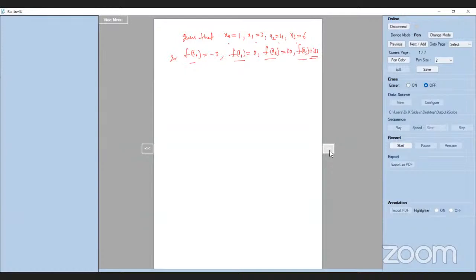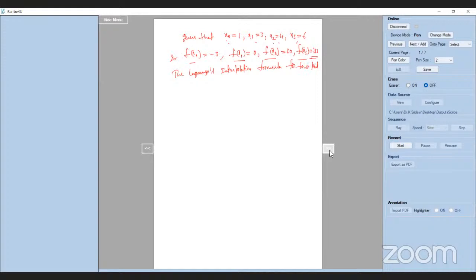So now how many values are there in the problem? x0, x1, x2, x3. 4 values. According to the 4 values, we have to take the Lagrange's interpolation formula as in the above example. In the above example, in that given data, the x values are 4. In this problem also the x values are 4. So the same formula we can apply. So anyway, the Lagrange's interpolation formula for